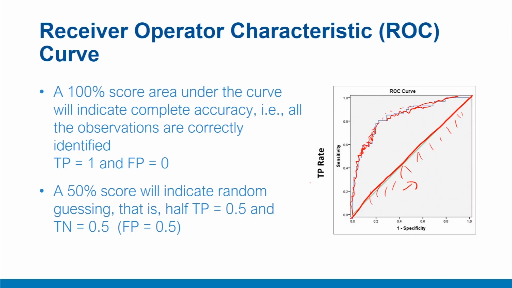Here on the y-axis we have true positive or sensitivity rate. On the x-axis we have 1 minus specificity rate, or what we call false positives. We noted that there are two extremes to this model. One, purely theoretical models, which classify every observation correctly, and therefore the area under the curve of such a model is 100%, while then there are cases where 50-50 accuracy is there. For them, like this kind of 45-degree straight line, area under the curve would be 50%.